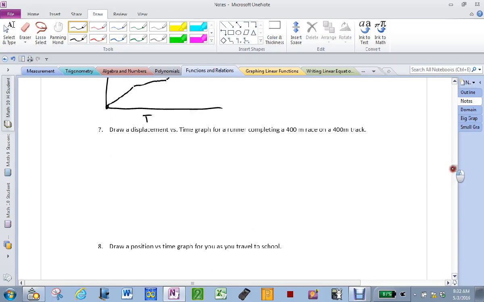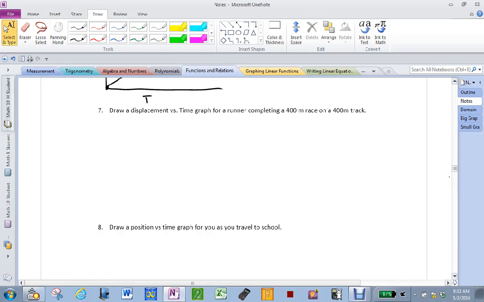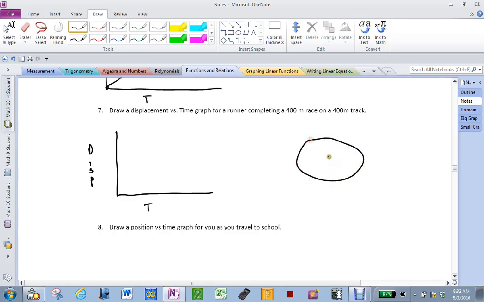Uh-oh. Number 7. What's different? Displacement versus time. So what must I remember? To displace. It is how far I am from the starting line, correct? What shape is a track? It's an oval. Circle? It's an oval. Right? There's the middle. If I start here,